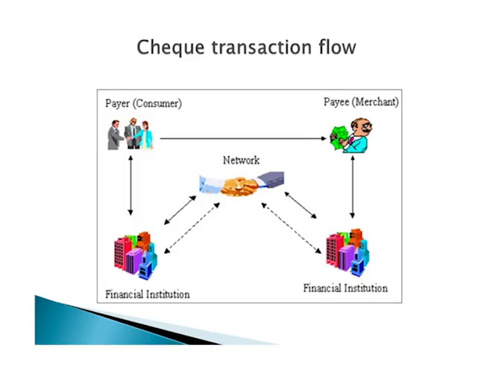Now look at the check cash flow. As a customer, I have endorsed a check and given it to so and so person in his name. So I will hand over the check to the merchant. What exactly is done over there? The check will be taken by the merchant.